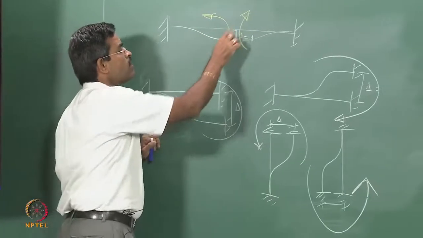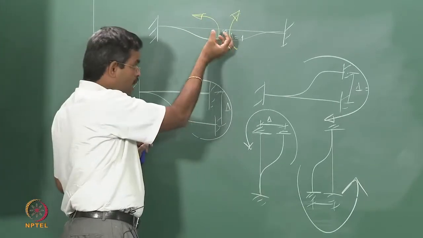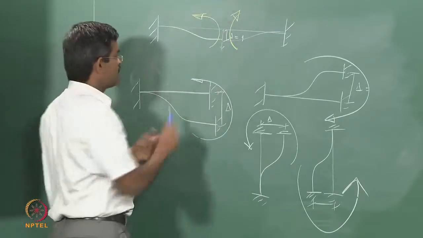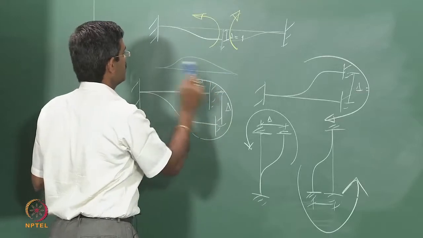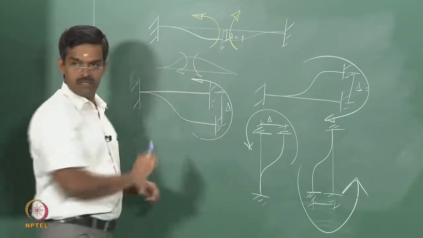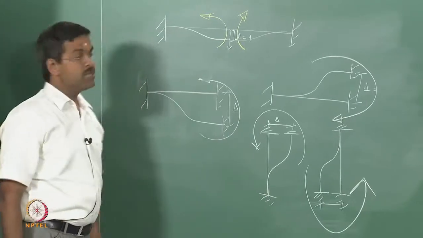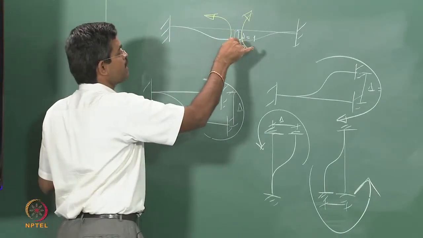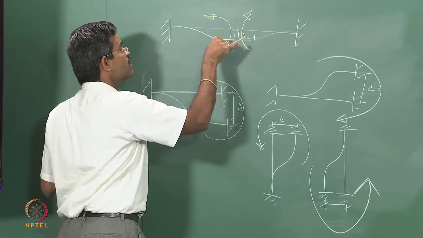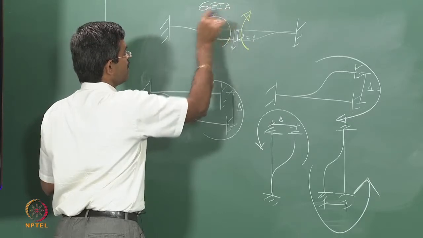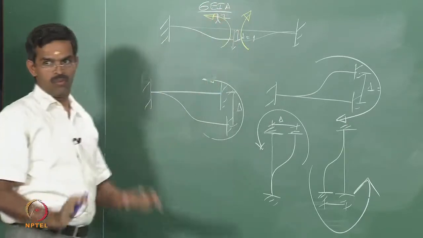Why is it given a downward deflection? Because I am applying mass downward. If I apply mass upward, I can give an upward deflection also. In that case, the beam would have deflected like this, and you would have marked the arrows like this. Okay, does not matter. So from mechanics we know that if delta is a displacement, the moment caused because of delta will be 6 EI delta by L square. That is a general rule.